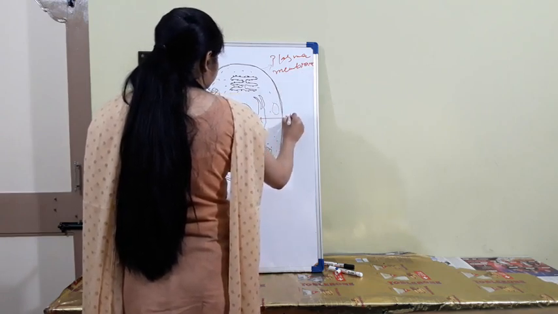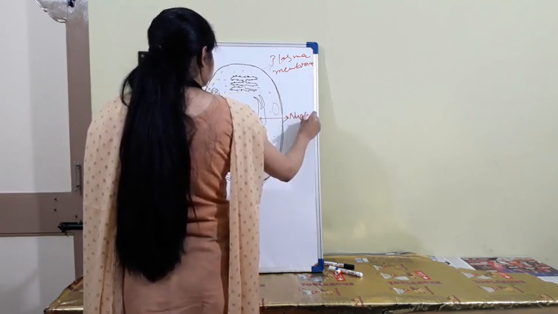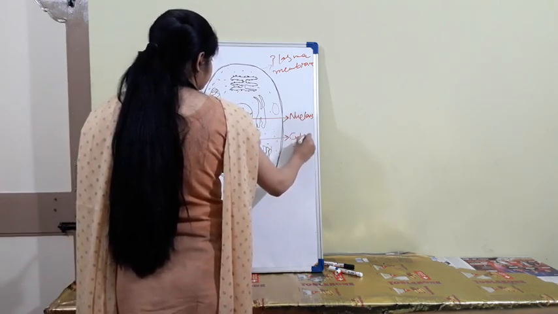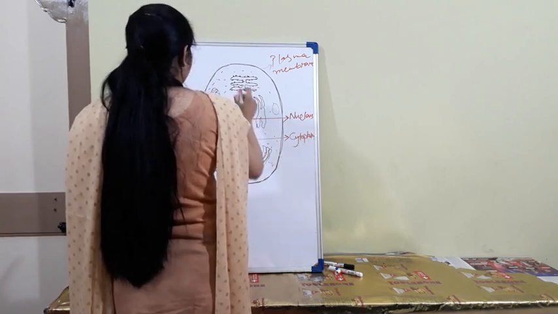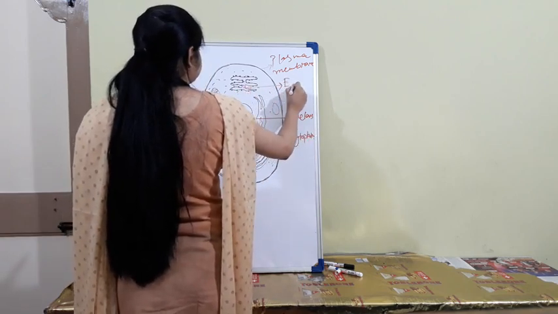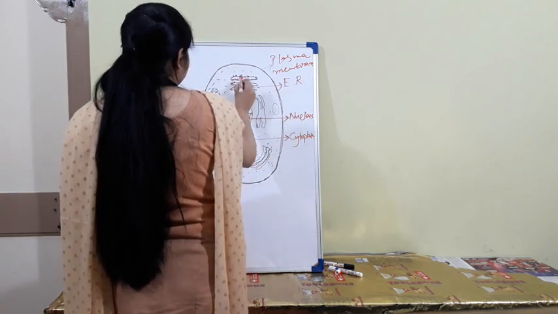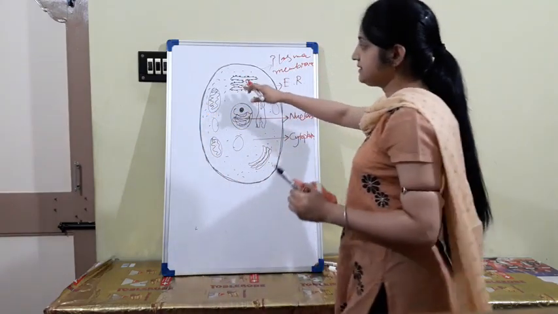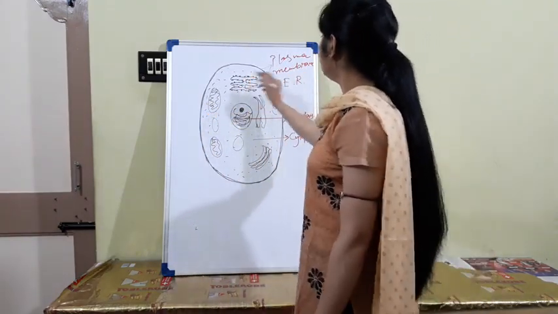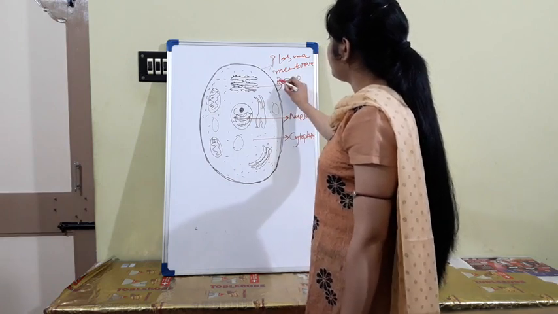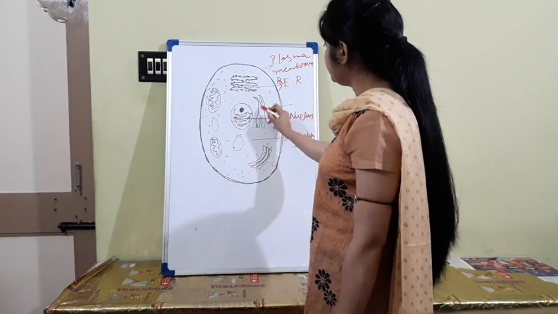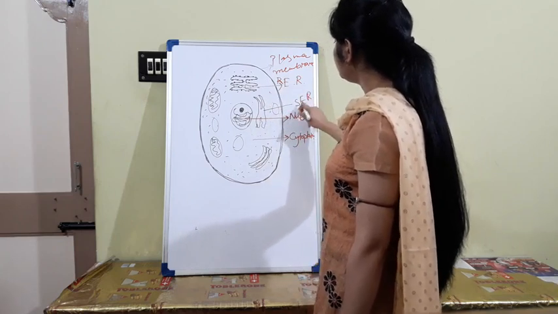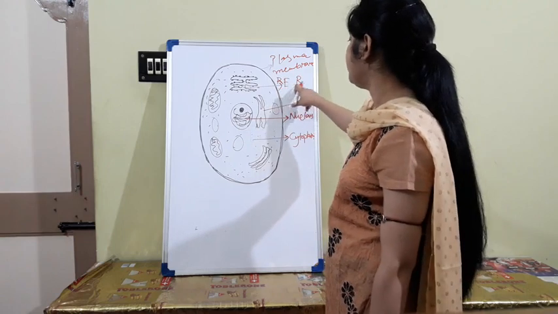First one, that one is the nucleus. This one, cytoplasm. This one, endoplasmic reticulum, ER, small form, and this endoplasmic reticulum contains ribosomes. So for that reason, its surface is rough. This is called RER, that is rough endoplasmic reticulum. And this surface is smooth. There is no ribosome present. It is called SER, meaning smooth endoplasmic reticulum, and the other is rough endoplasmic reticulum.